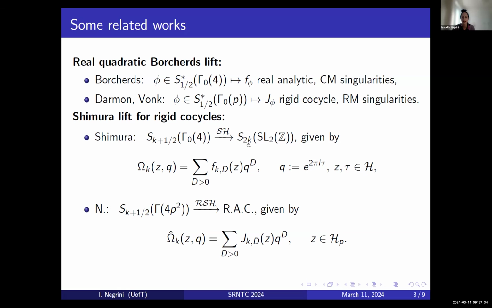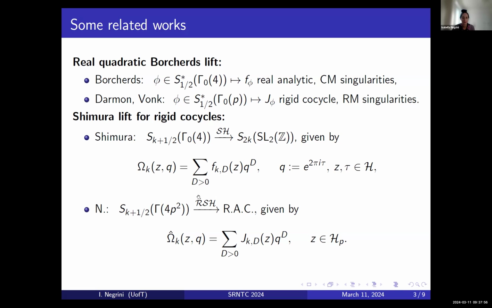integral weight modular forms. And another way to say this is that this omega k belongs to the tensor space of the first, so the half integral and the integral, okay? So the first space and the second space. And we will use this expression given as the tensor product in the next slide.